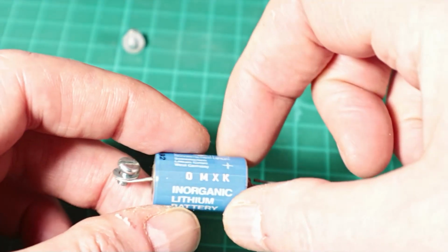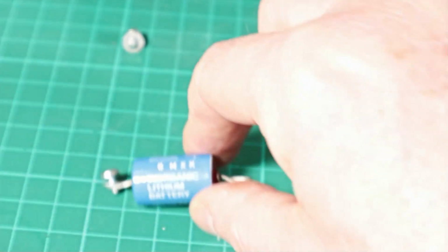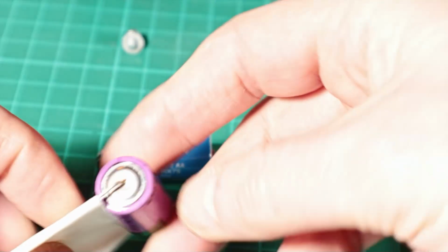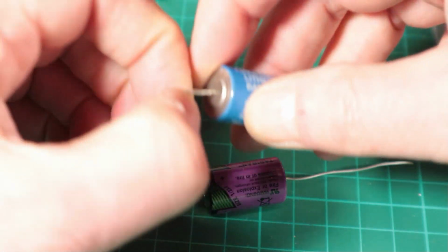The battery on this is interesting. This is the original, and it's still in good nick. So it's an inorganic lithium battery, which is much less prone to exploding than the NiCad ones that you used to get. And it's also not soldered to the motherboard, it just screws into 2 posts. And the good thing is these are still readily available. This one bought off Amazon, so we can put a replacement in there,